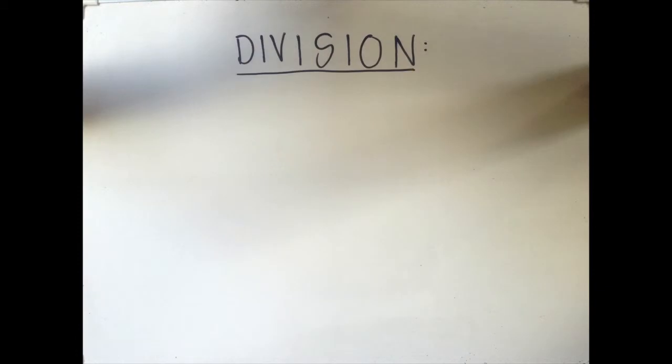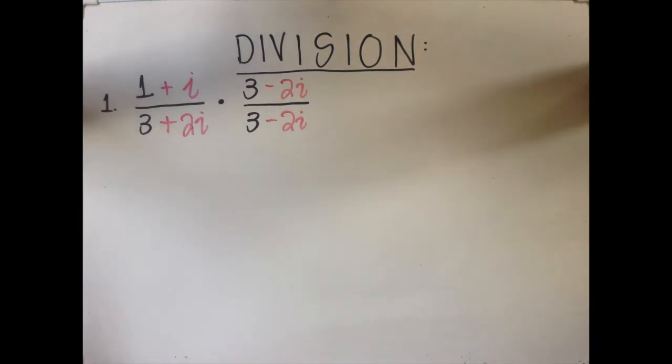In dividing complex numbers, the goal is to remove the imaginary numbers in the denominator. We will do so by multiplying the denominator by its complex conjugate. In this example, 1 plus i divided by 3 plus 2i. 3 minus 2i is multiplied to both the numerator and denominator, and it's equal to 3 minus 2i plus 3i